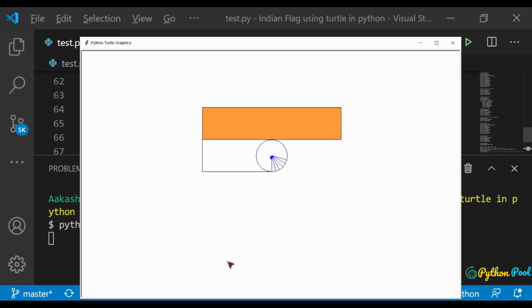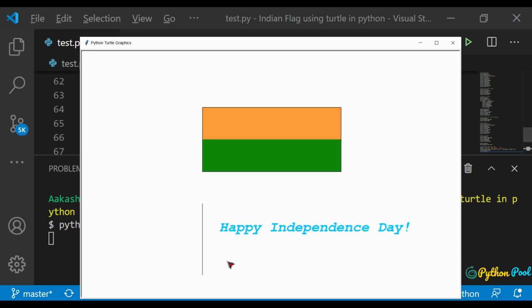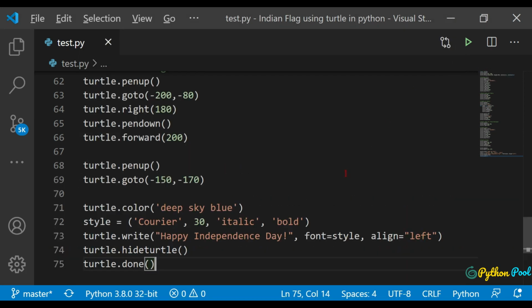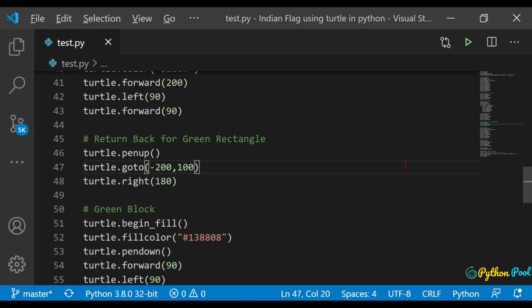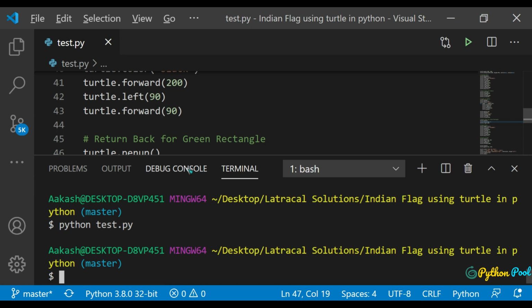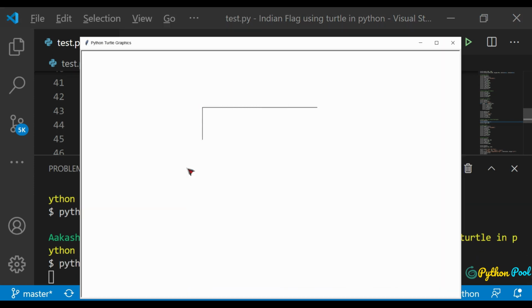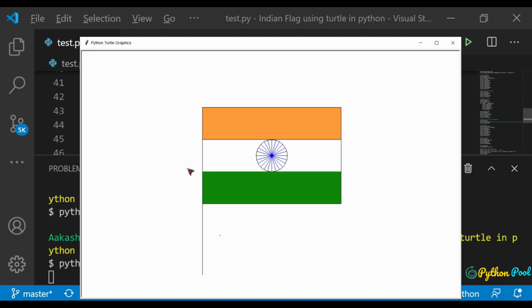Yes, it is drawing the spokes right now, jumping to the middle, 24 spokes, then it completes the rectangle. Okay, I think we missed something. We missed a line, I think. Okay, we got the width and height wrong. It's 10. Let's hit save. Let's see if our program runs right now. Okay, first block done, second block also done. I think this time the third block would be done. Yes, it is done, and we have successfully completed our program.